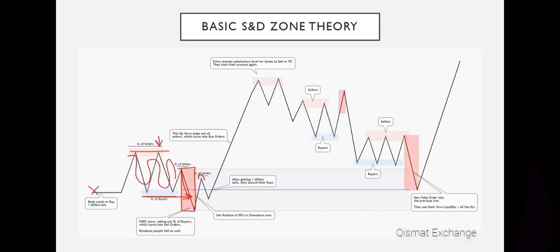And then what suddenly happens is the market expands massively. So after the bank actually got their 1 million sells, they launch their buys. And they might not launch all of the buys at the same time. So maybe they just launch like 500K lots right there. Right? But what I want you to pay attention to right now is what I told you about this, if I just delete all of this fake position right here. So in order for them to make this fake position, they need to sell, right? So